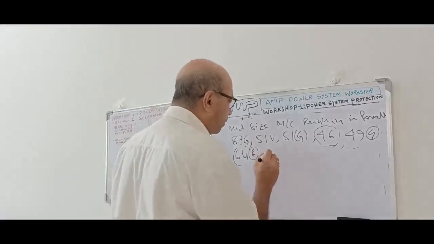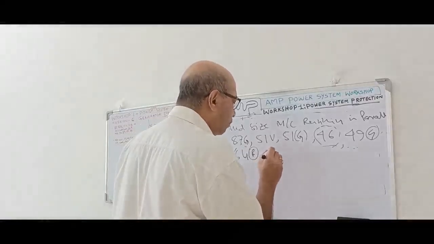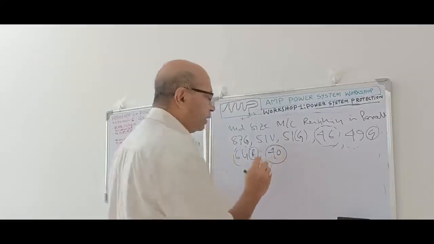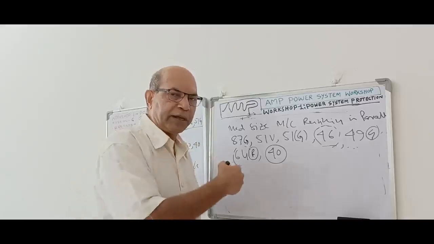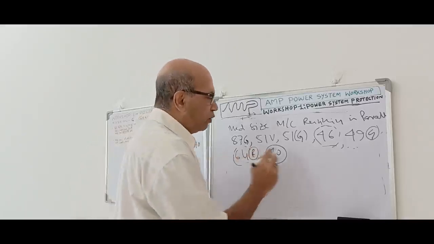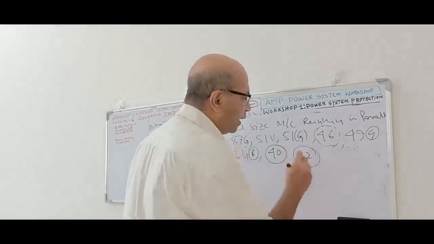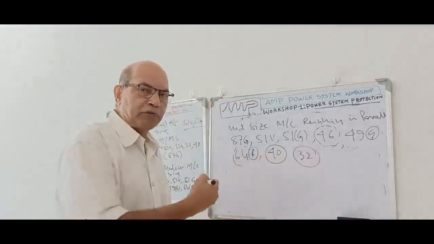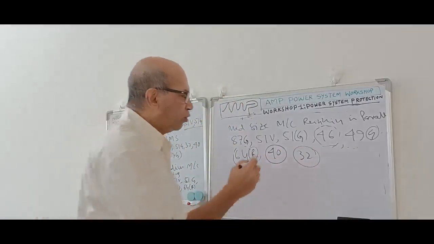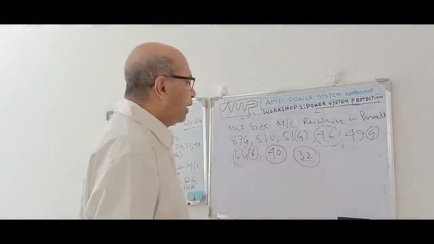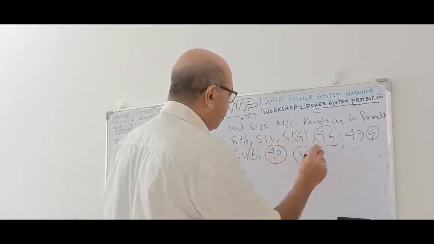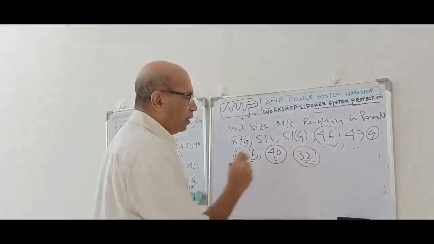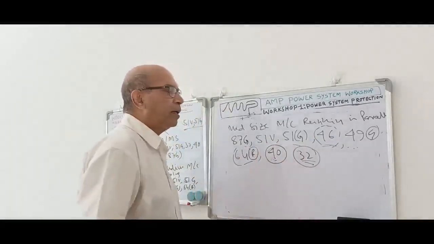That is for parallel operation. One is 40, loss of excitation. In case of loss of excitation, as it is running in parallel, the system will feed the KVAR, and that has to be prevented. So 40 should be there. Then reverse power should be there, so it should not allow power flow into the machine; that also has to be protected. So 40 and 32 should be there. And in case of the mid-size machine, when we are providing this protection, 46, 64, 32, 40 are mandatory.